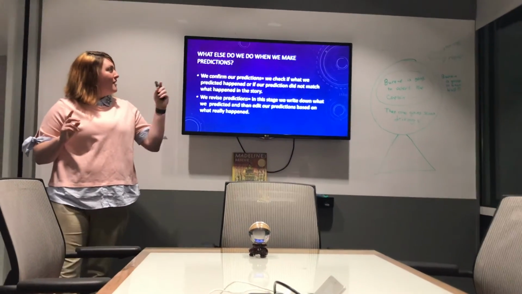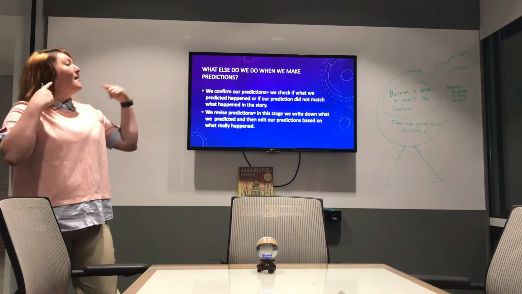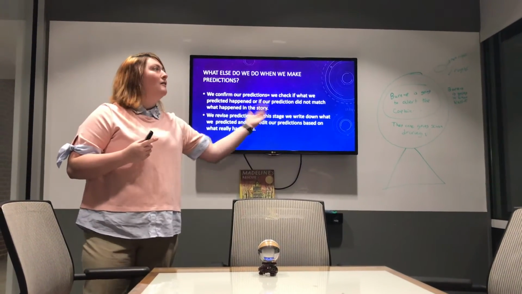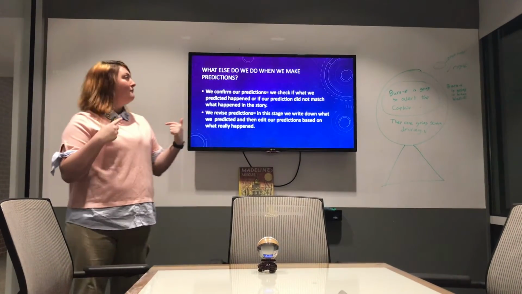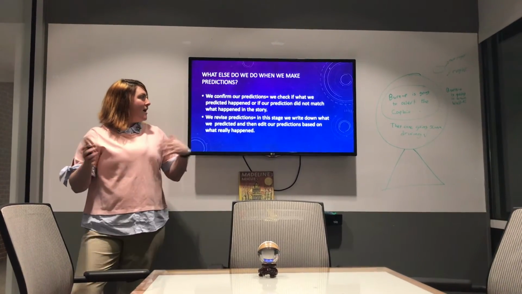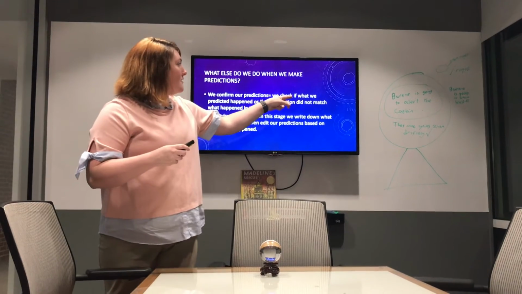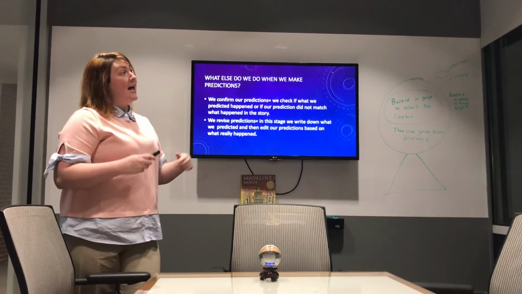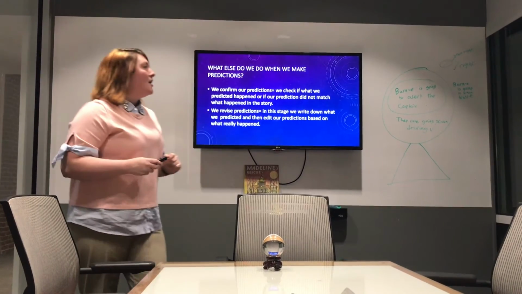What do we do when we make predictions? So the first thing we do is we confirm, as we demonstrated on our crystal ball on our whiteboard. So when we confirm, we check if what we predicted happened or did not happen in the story. So as you see, I circled Bernie is going to alert the captain because that did not happen in our